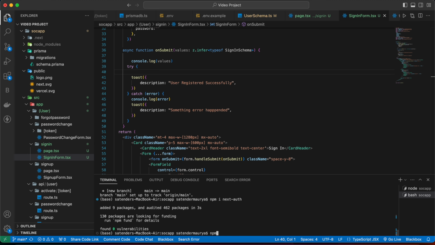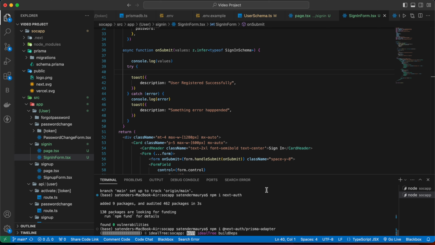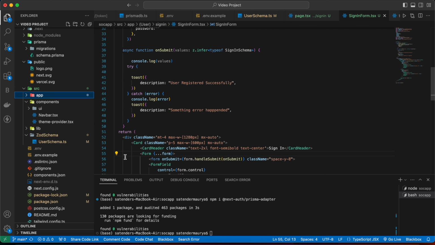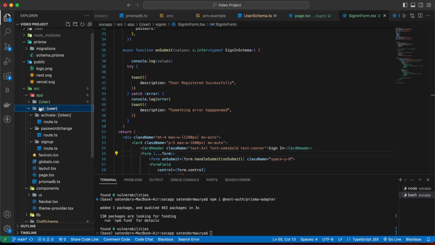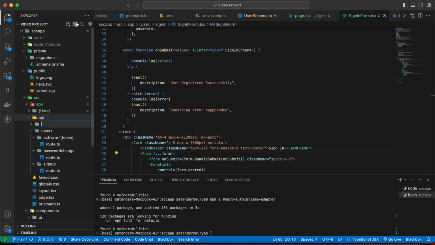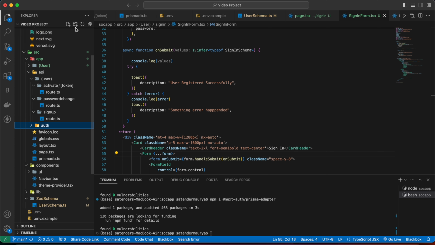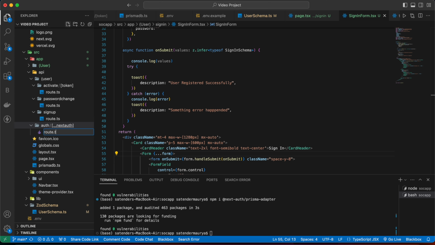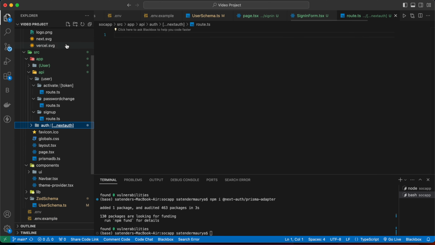And one more package, which is npm i next-auth prisma adapter. Now let's install this as well. To work with NextAuth, we have to follow some folder convention: inside API we have to make one more folder named auth, and inside that make one more folder named NextAuth. You have to follow this convention to be able to work with NextAuth, and inside that we can have our route.ts and one more file named